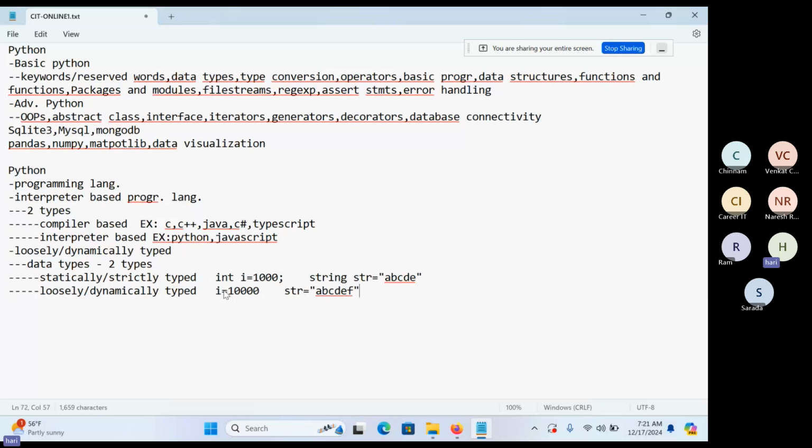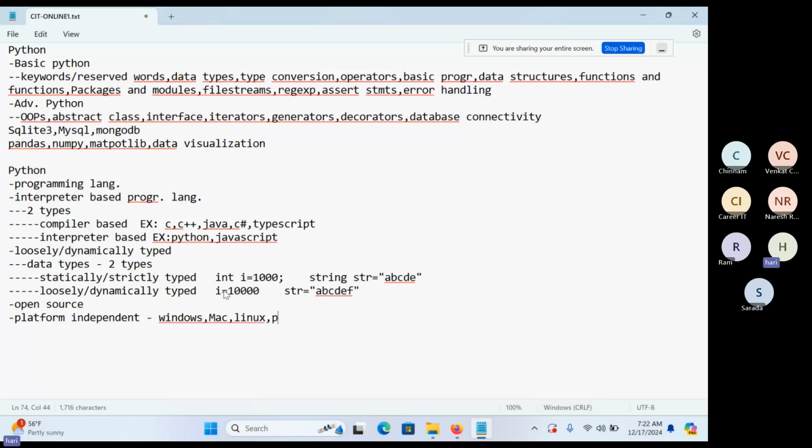Python is a loosely or dynamically typed language, and it is open source, meaning anybody can download it for free and use it. And it is platform independent. Once you develop a program, you can run it on different operating systems like Windows, Mac, Linux,